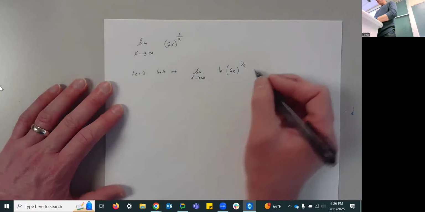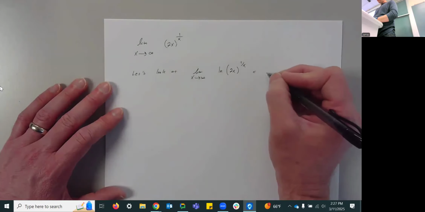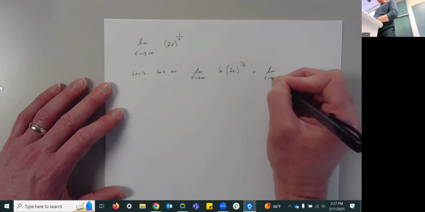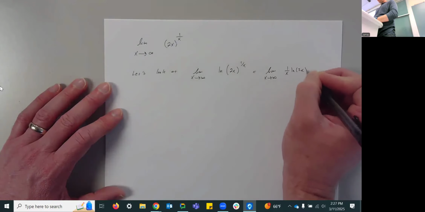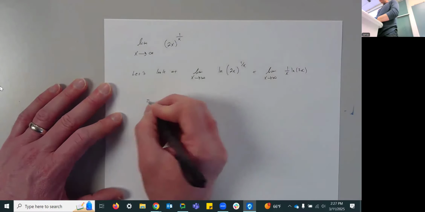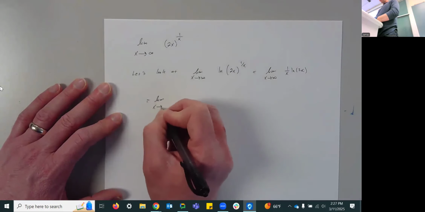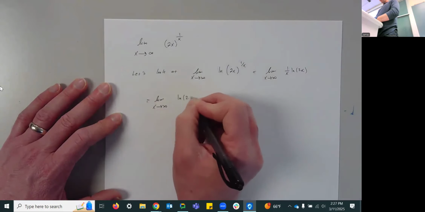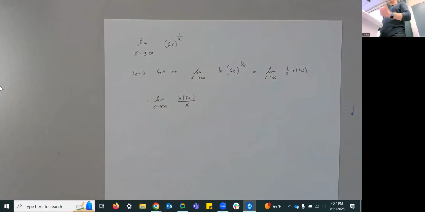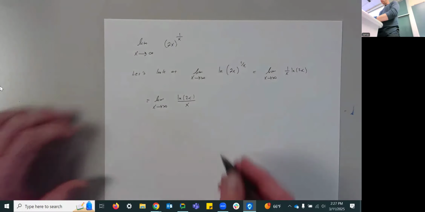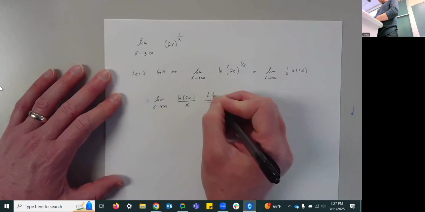And then we can bring the exponent down. It's a limit as x goes to infinity. I should skip this step, or I should be smarter about rewriting it and write it as the limit as x goes to infinity of the natural log of 2x over x. And now it definitely is a limit where we can use L'Hopital's rule. So using L'Hopital's rule, since it's an infinity over infinity type,